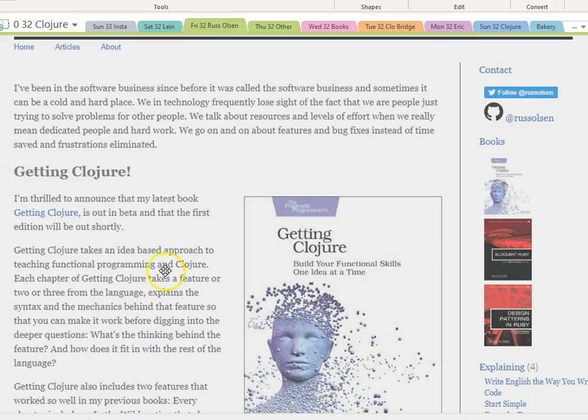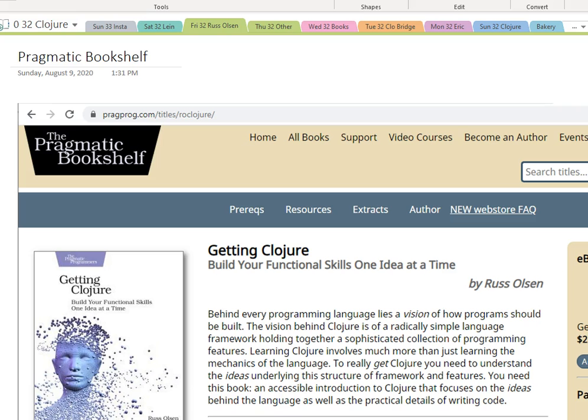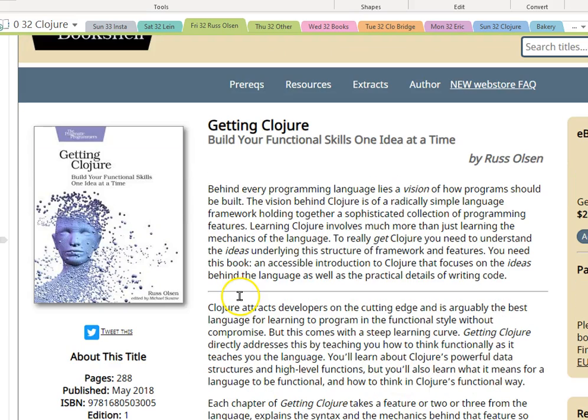I read the book from the Seattle Public Library in small sections, and it just came out really well. You have the table of contents on one side and sections on the other side. You can get the book from the Pragmatic Bookshelf and all of his code, which we'll be upgrading a little bit.